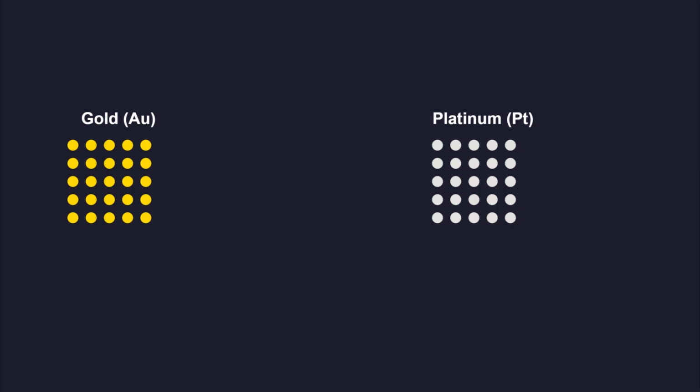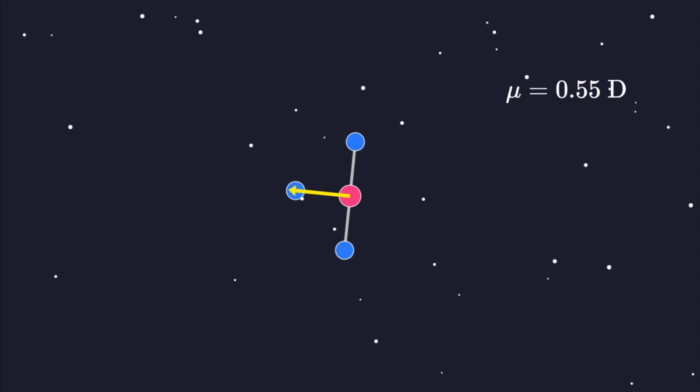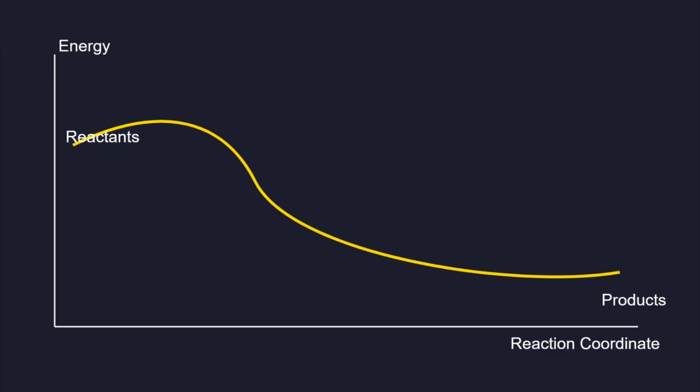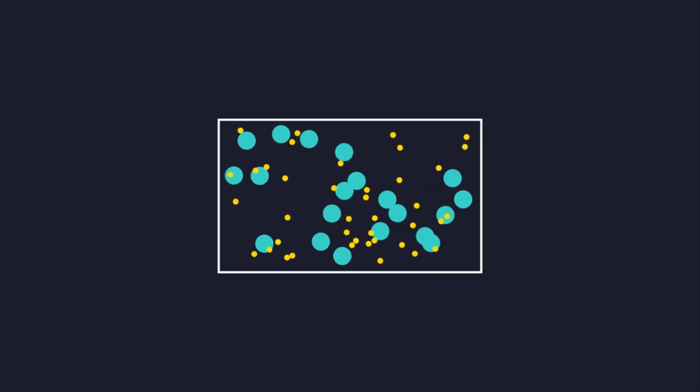Unlike many other acids, it can even react with noble metals such as gold and platinum, especially when heated or in the presence of catalysts. The T-shaped geometry results in a permanent dipole moment of 0.55 debye, influencing its solubility and physical interactions in the liquid phase. Despite its reactivity, the molecule is thermodynamically stable, with a negative enthalpy of formation of -163 kilojoules per